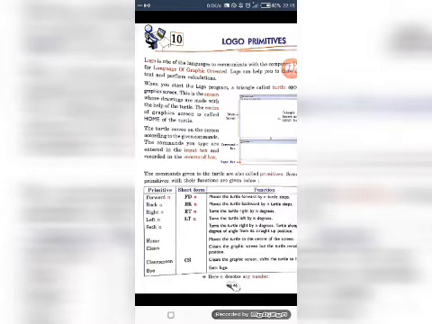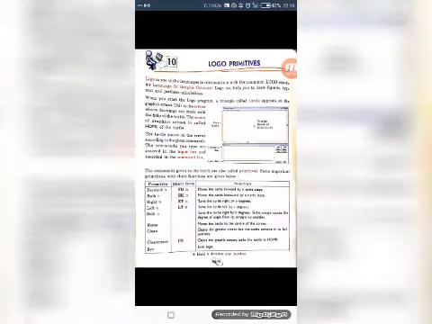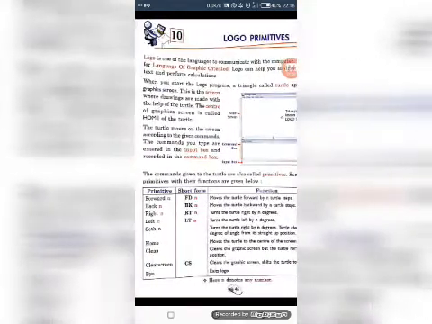For RT, our turtle will move in right direction by n degrees, and for left LT, our turtle turns in the direction of left by n degrees. So before going to other commands, let's learn how to use these 4 commands that are given in this box.